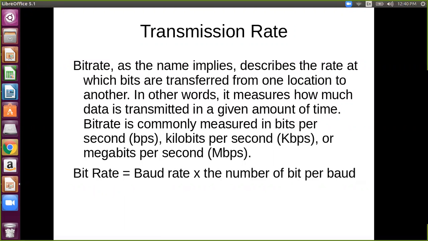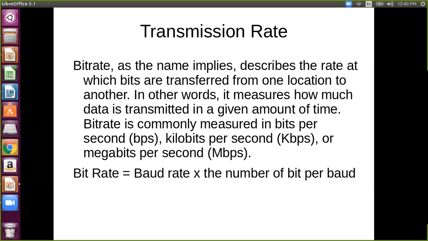If 8 bits are known as one baud, and bauds are transmitted from one location to another per second, that is the baud rate. A particular sequence or segment of bits transferred from one location to another per unit time is the baud rate.